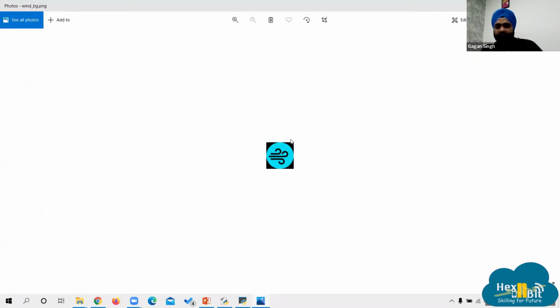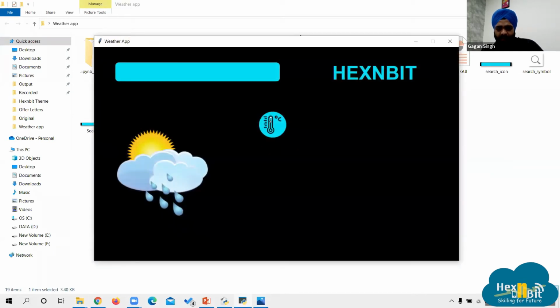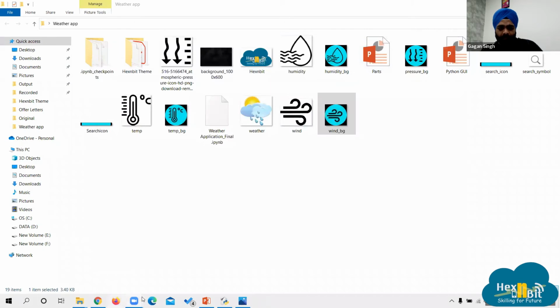So this is a technique. If I don't add a black background, this may appear gray. This will be black, but when it is added into the GUI, the surrounding of this may not be black. It will appear gray. So that's why we need to do that particular part.